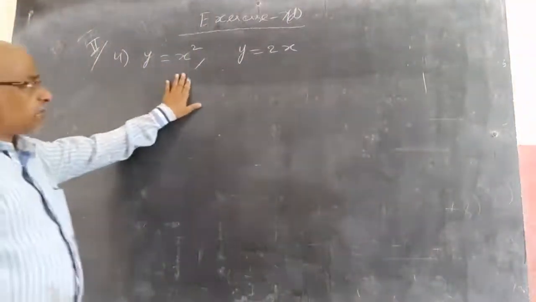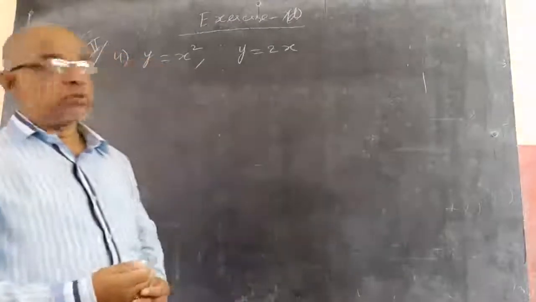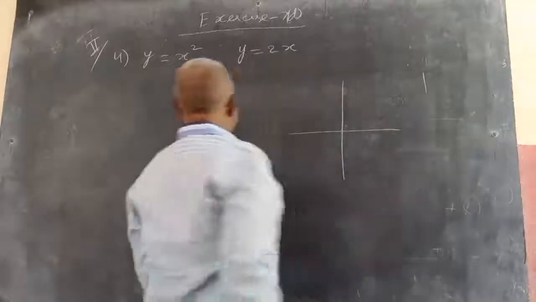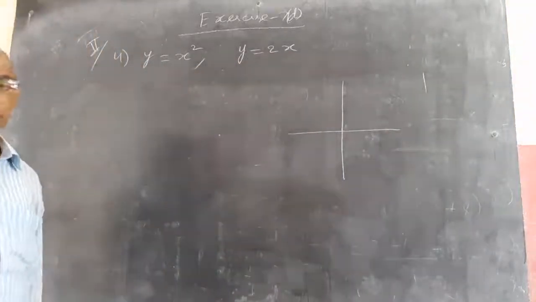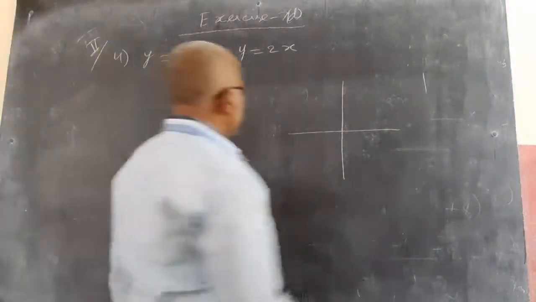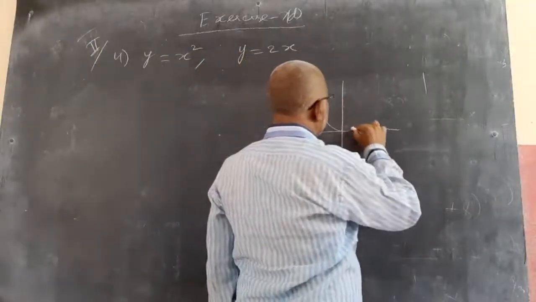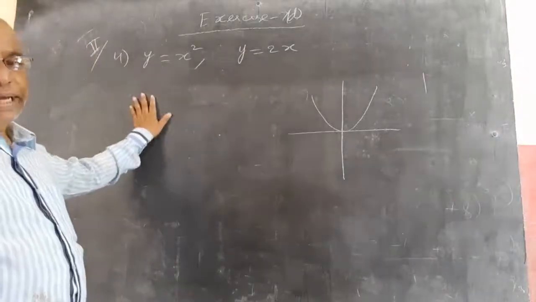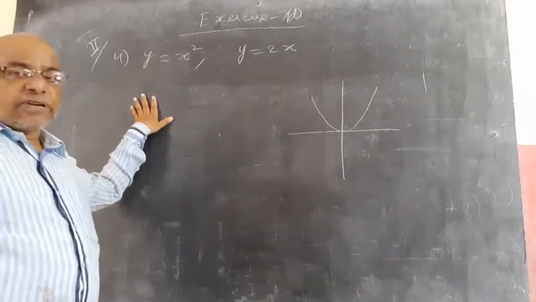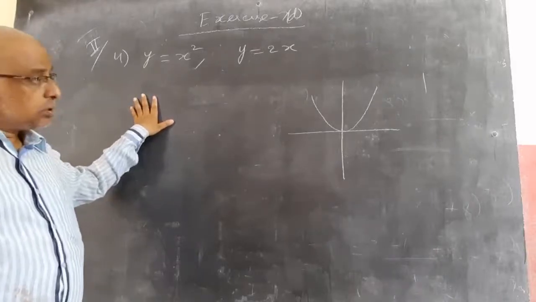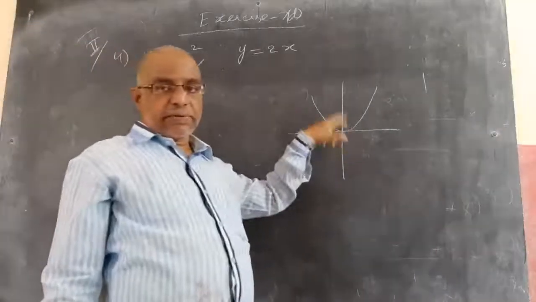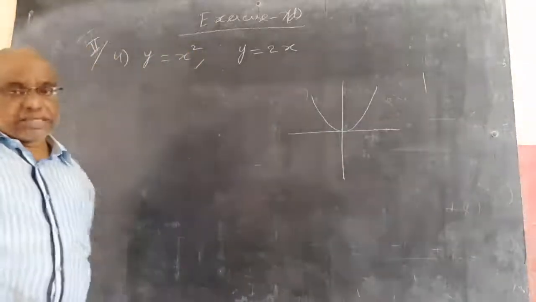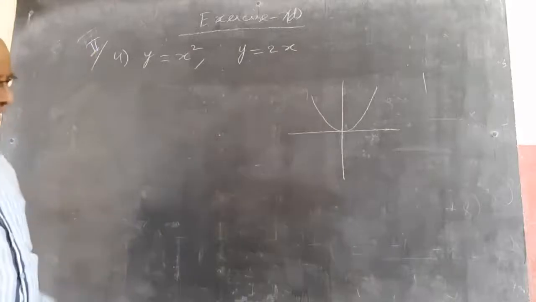y is equal to x square and y is equal to 2x. Area between the two curves. Now you know, just now I told, y is equal to x square is quadratic in x, meaning symmetric with the y-axis. So the curve will always be like this. Here y square equal to 4ax or x square equal to 4ay are the parabolas having vertex 0, 0, the origin. So this is a parabola with vertex at origin. Previously it was not at origin, but here it is at origin because there is no complete quadratic equation, just x square.